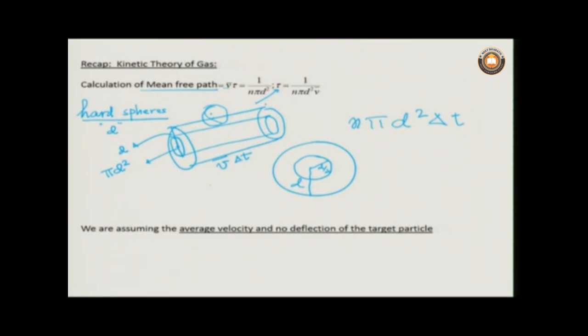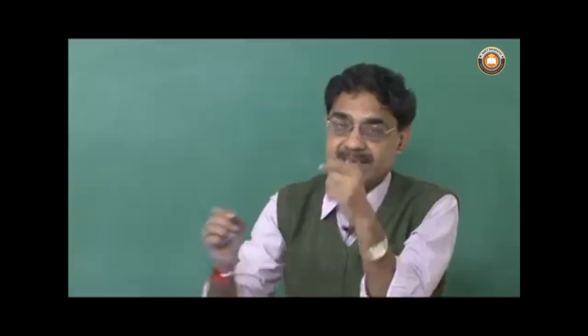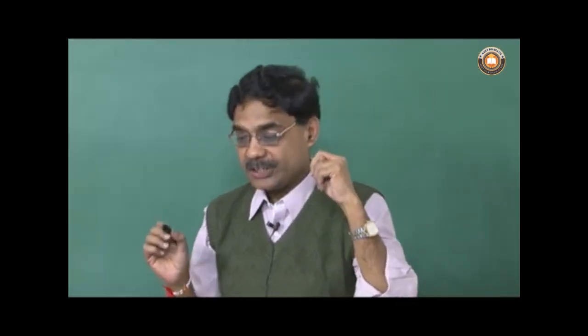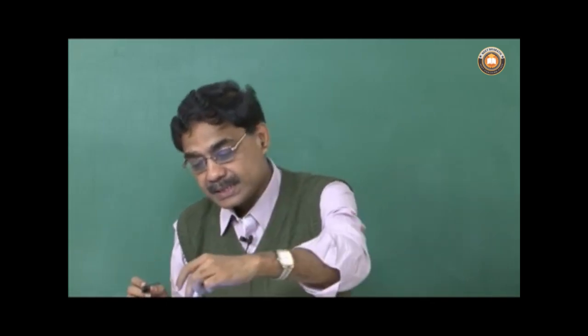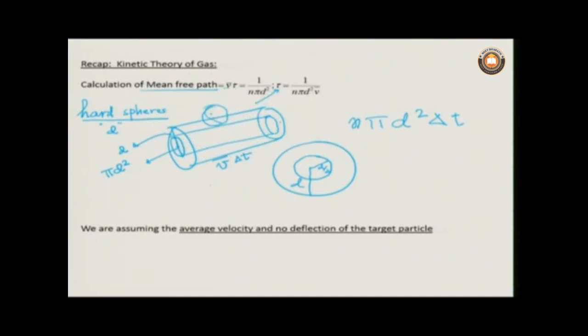So, it is important that molecule has a finite size and that is taken into consideration while calculating this mean free path. Now, there could be many questions here. This target molecule, which I mentioned in the last lecture, it suffers collisions, though it